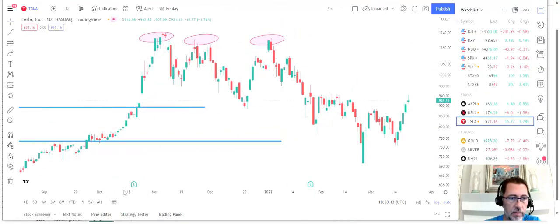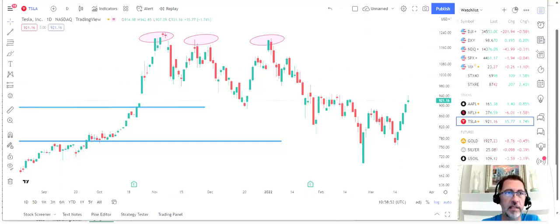We're talking about here's 2000 and September 2021, and you'll see here in November 2021 Tesla got up to 1,200 or so. We've had a couple of tests of that 1,200 number, and recently it's been in the zone that's anywhere from 820-ish, a couple of pushes below that, but 820 to around 930 odd, in that kind of, let's call it the 900 zone. That's kind of where Tesla's operating at the moment.